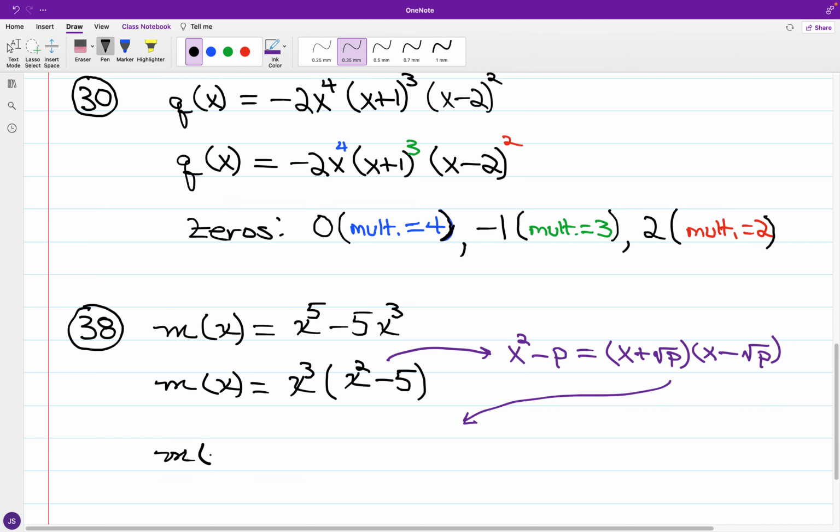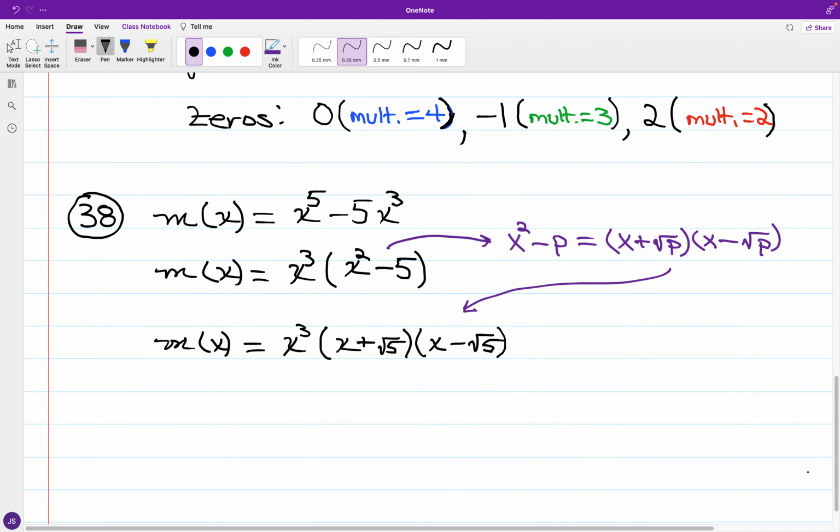we'll have that m of x is equal to x cubed. And again, with x squared, we have factoring out to x and x. And again, with p represented by 5, we have plus as well as minus the square root of 5. So this is going to be the factored form, and just setting things up,